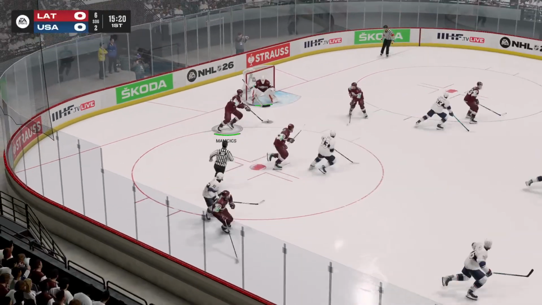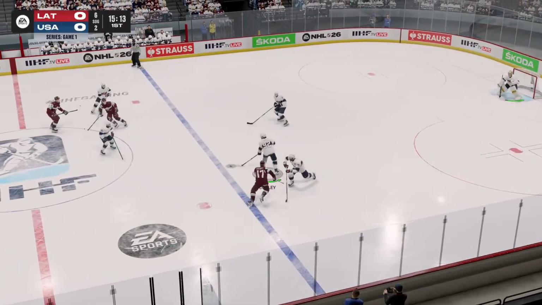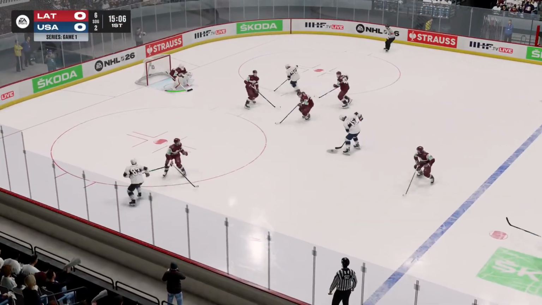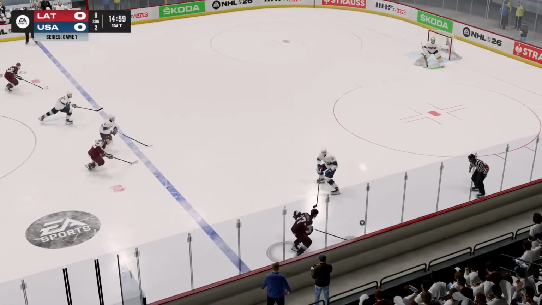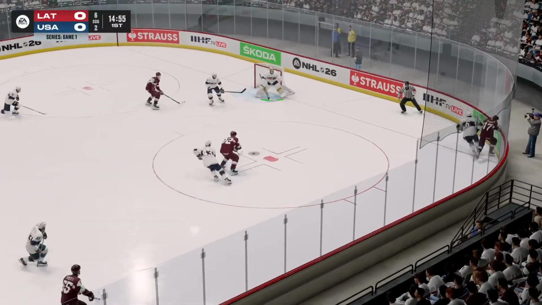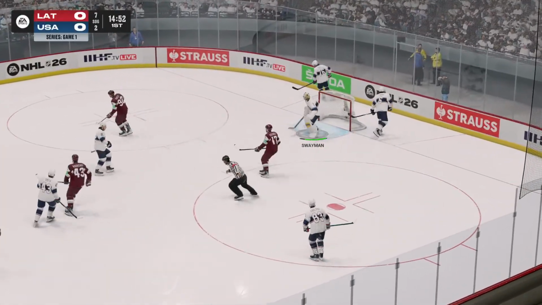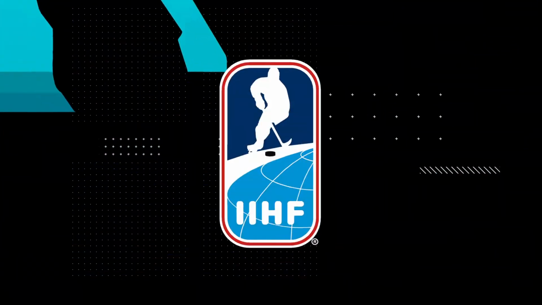Face off in the Latvia end, controlled by Latvia. Ravinskis will bring it up here, and he's cut off in center by Kulik. Connor Garland turns back here for the United States. Centering pass to Shea, who can't handle it. And Latvia back the other way. 5 minutes gone by here in this opening period. Centering pass. And the shot never got through as Swayman finds the puck. 14:52 to go in the opening period of play.